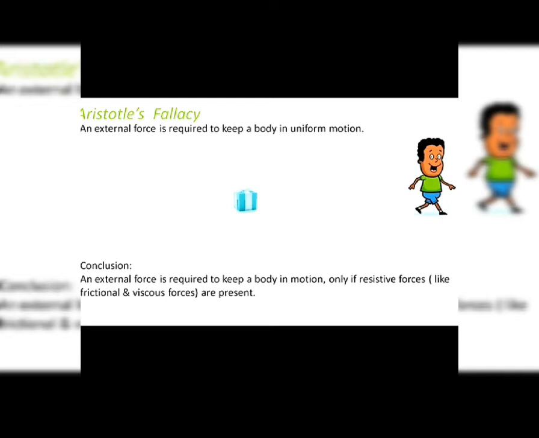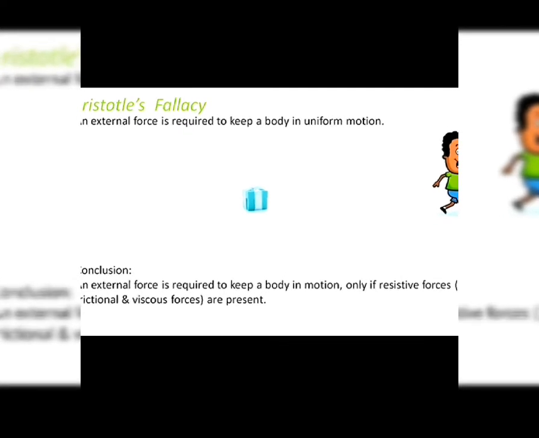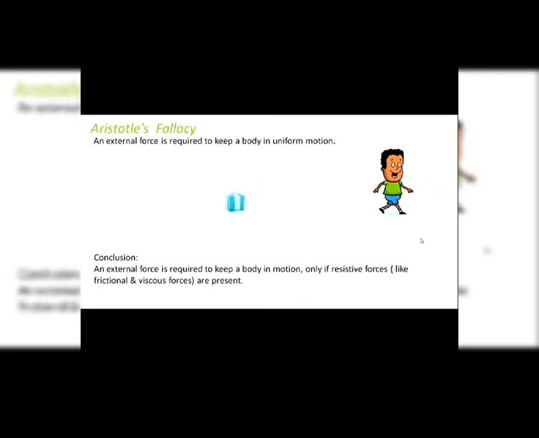So in this case, the same thing is happening. In the beginning, an external force is being applied. This external force is winning over this frictional force, and that is why the body is able to move. But after some time, as soon as the external force is removed, the frictional force dominates and the body stops. So it's not that the external force alone is the one who is responsible for the body to be in uniform motion. The frictional force also has a role to play.